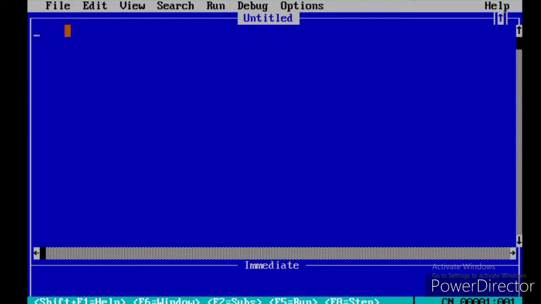I'll say new program, and I'll explain the end command. Okay, now I'll write some program before I show you. So it's like print in the inverted commas. I want this to be displayed, so I'll write here, you can see this.